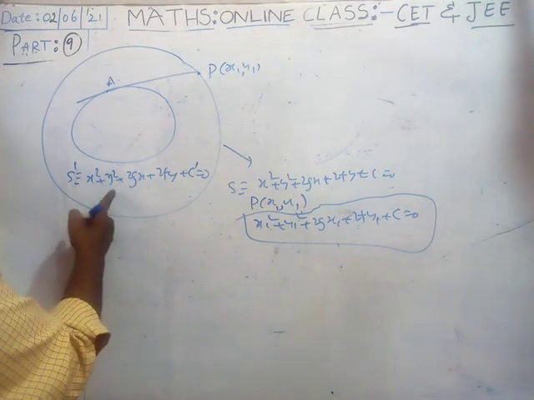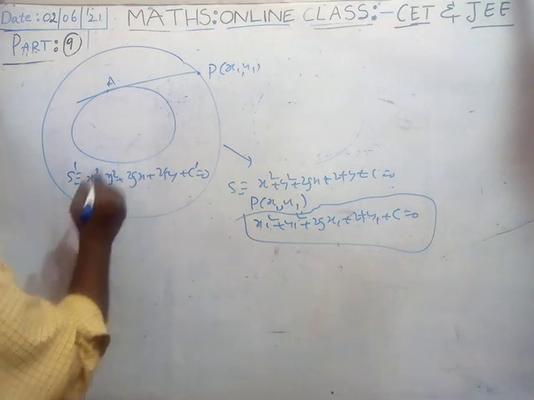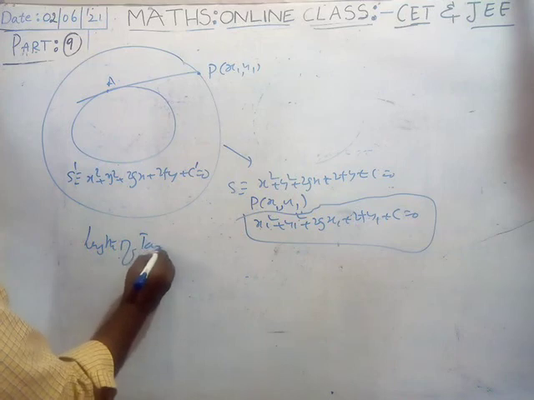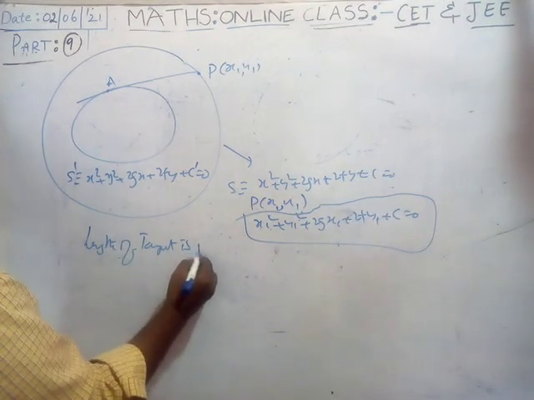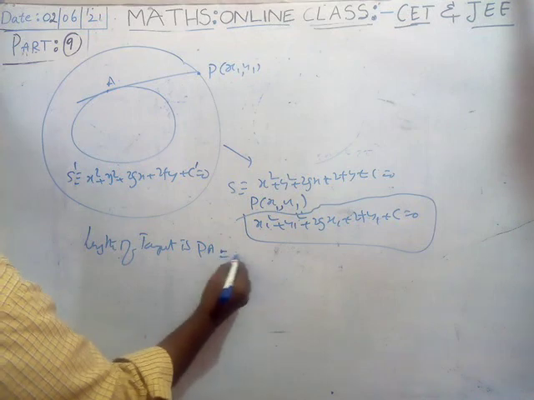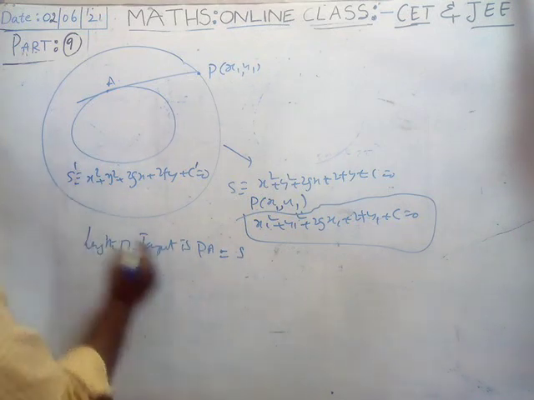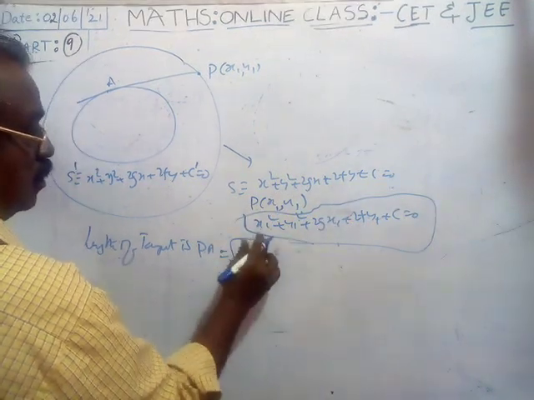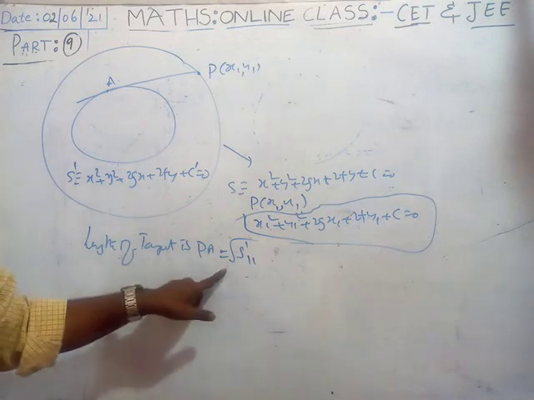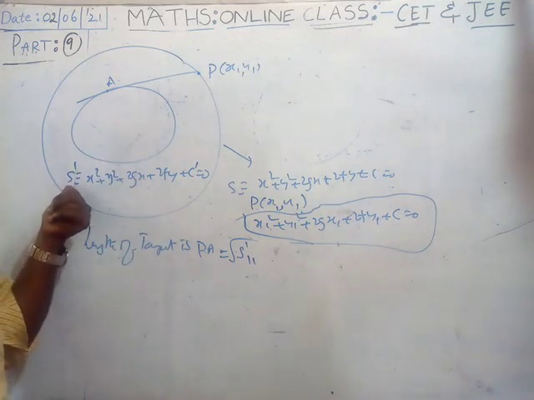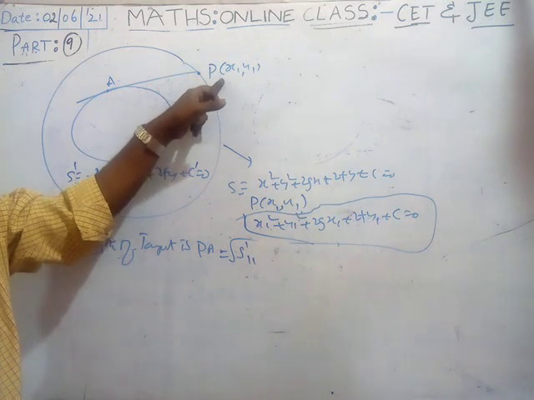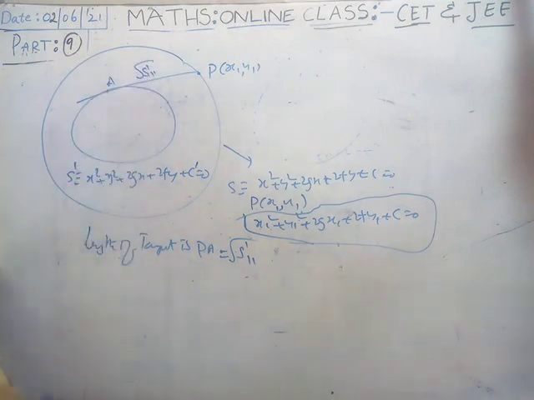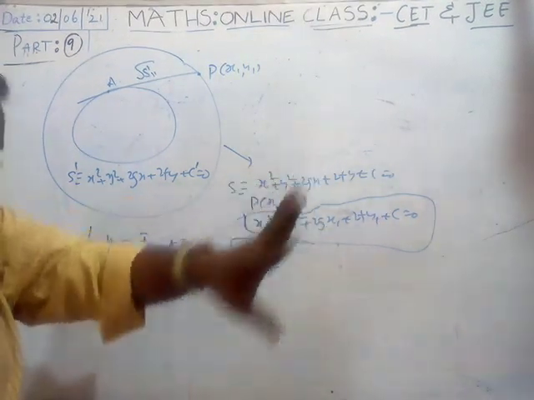The condition is there because this point P lies on the first circle. Now the second circle is this one. Only c dash is different. What is the length of tangent? Length of tangent is PA. What is PA? It is root of S dash 1 1, don't confuse. This circle is denoted by S dash, and from the point P the length is root of S dash 1 1. Don't confuse, this is another circle.